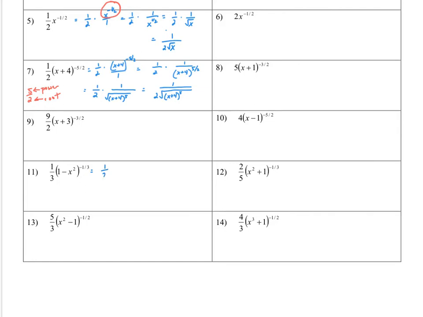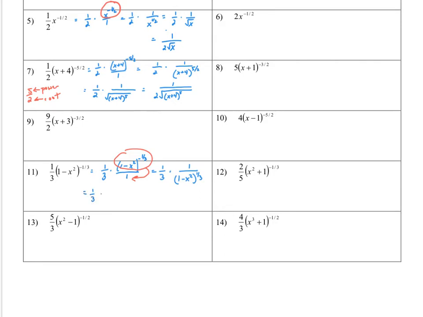We have 1/3 times 1 minus x squared to the -1/3 power. Again, it's helpful to write over 1. Our math tip is to take 1 minus x squared, bring it into the denominator, and make the exponent positive. If we do that, we'll get 1/3 times 1 divided by 1 minus x squared to the 1/3 power. That is the same thing as